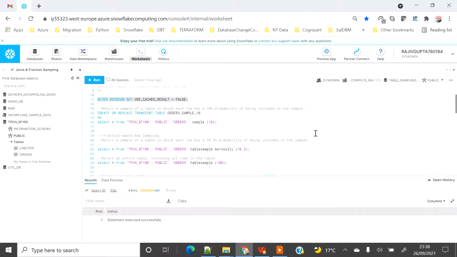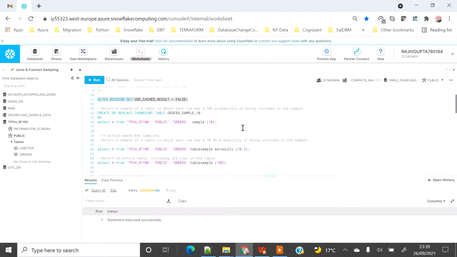Basically, I want to return a sample of a table in which each row has a 10% probability of being included in the sample. I'm going to read the order table from the TPCH SF100 database, which I just created.